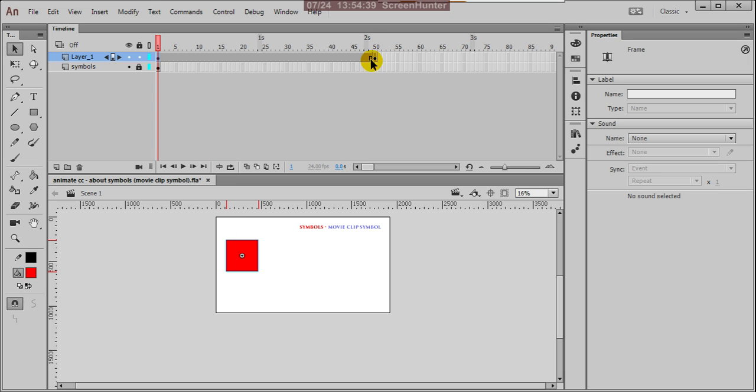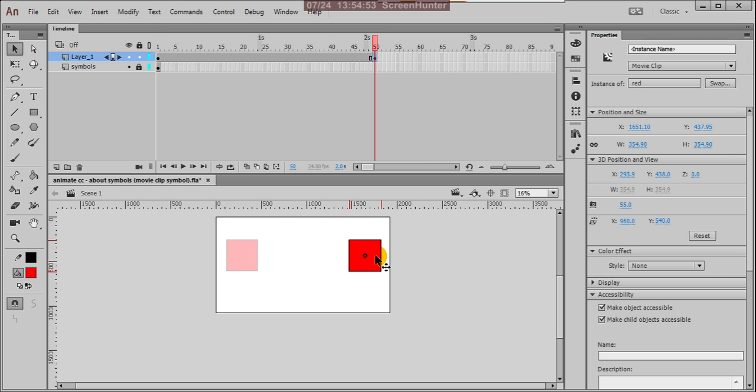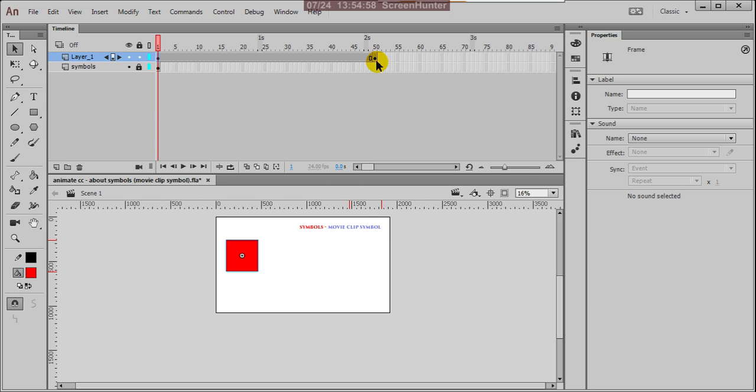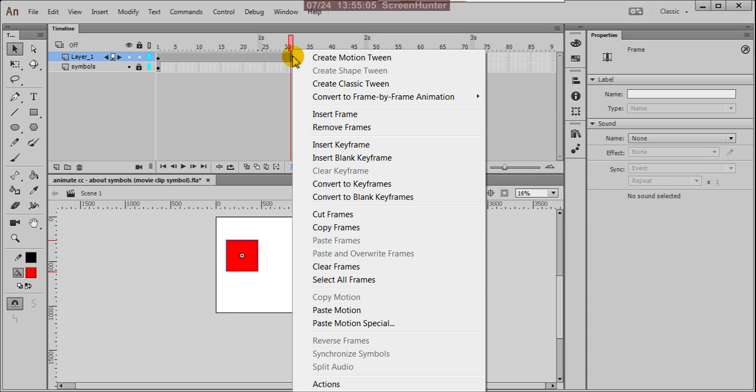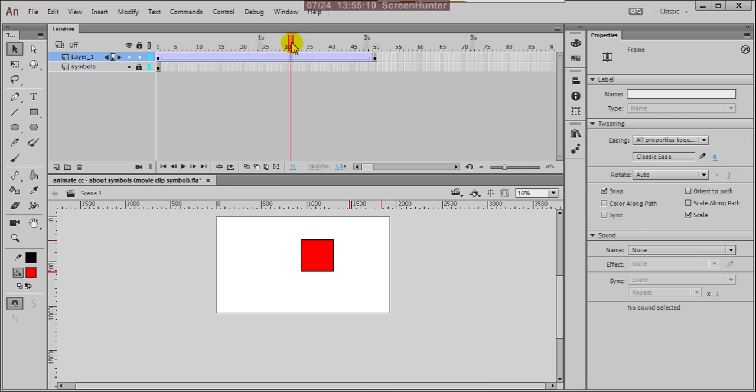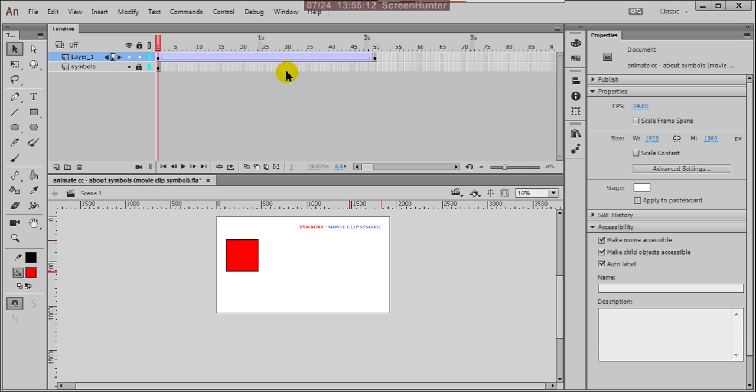The first frame is there, the second frame is there, but if you want to create animation, the two keyframes must be in different places. So the first one is there, the second one I'm changing to this place here. Now this is 1 and this is 2. Between these two keyframes, on the timeline, right click anywhere and create classic tween. See, your classic tween is added.